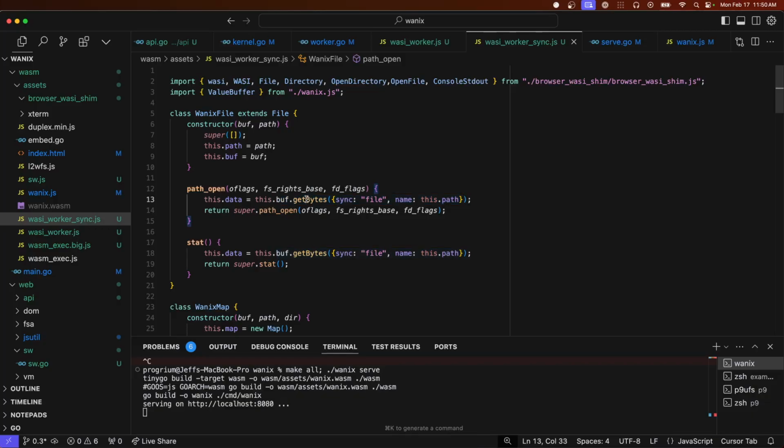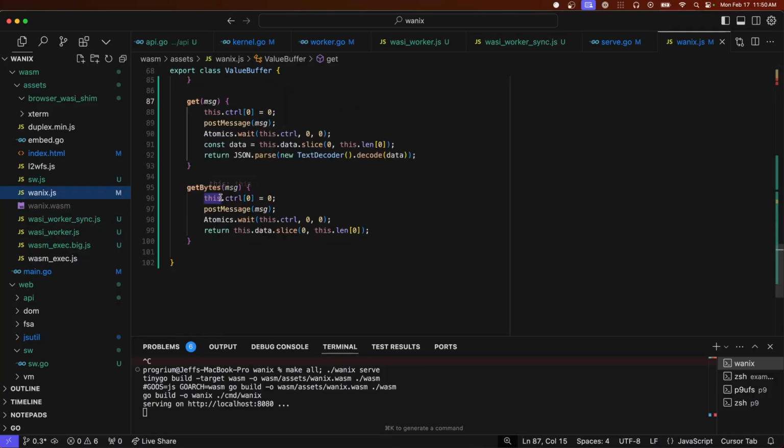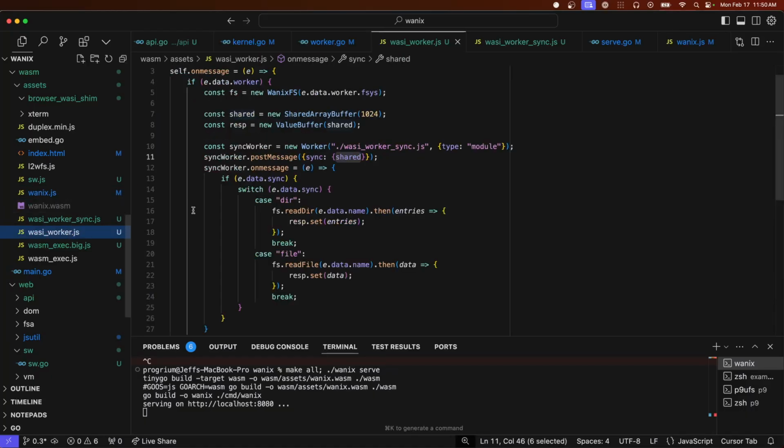So this is basically saying I want to get some bytes. We pass a message, just kind of saying what we want to get. Okay, sync related, we want to get a file. Here's the name of the file. So that goes and sets up our shared memory,